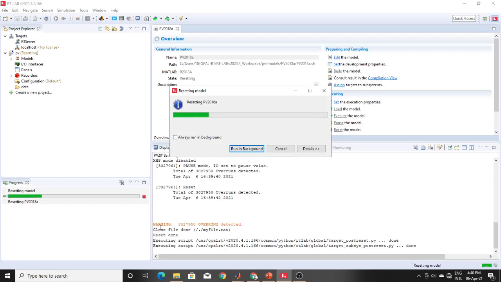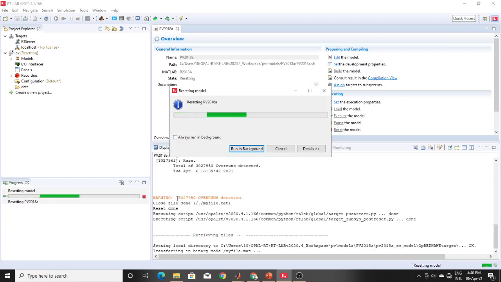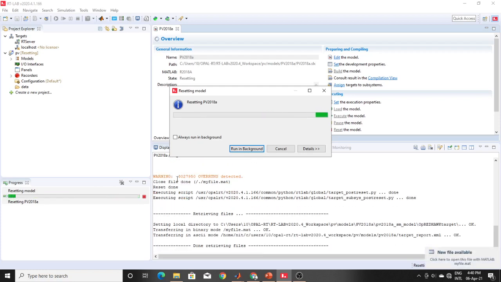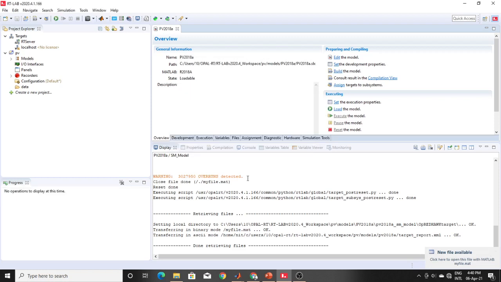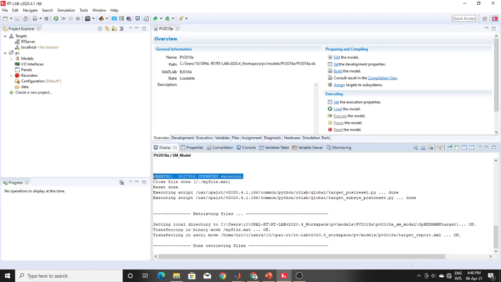Look here. If you watched this video from the start, earlier there was no overrun, total overrun was 0. Now it came to 3027950 overrun. Look, so many overruns.